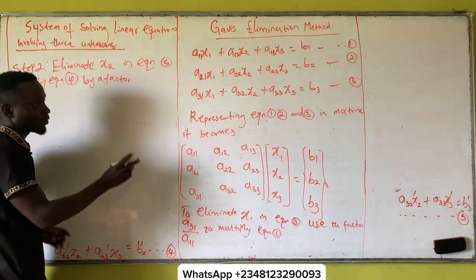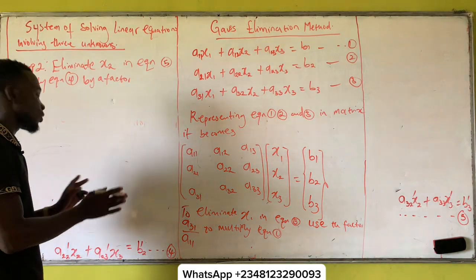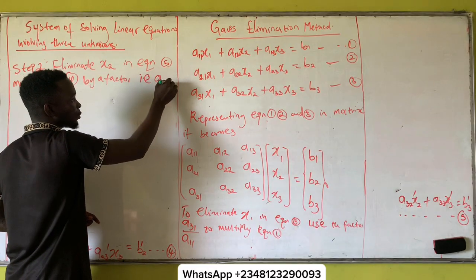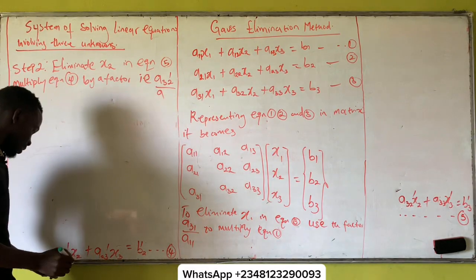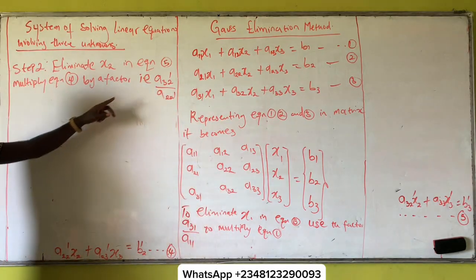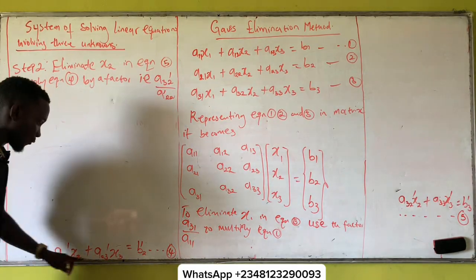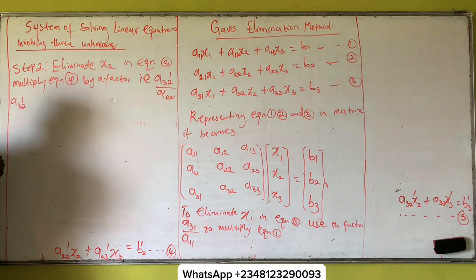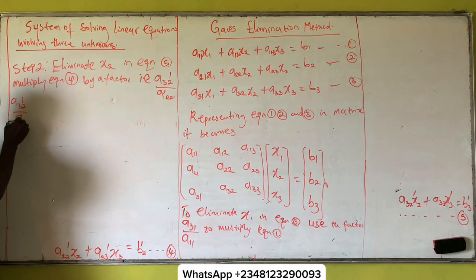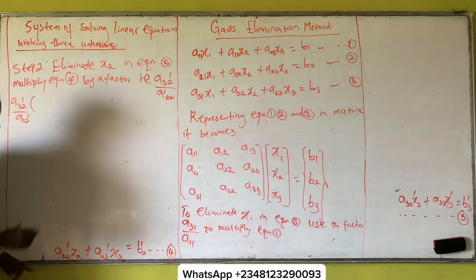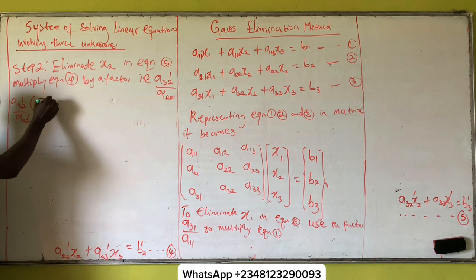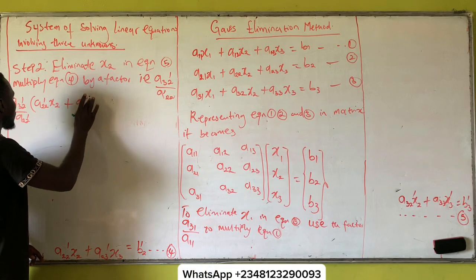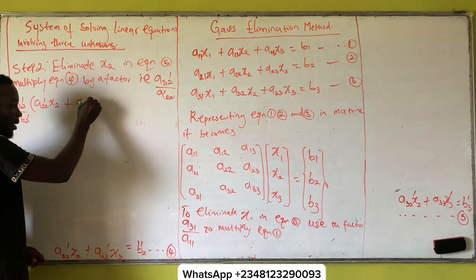Now, what is the factor? So, coefficient of x2 in equation 5 over coefficient of x2 in equation 4. That is, coefficient of x2 is what? A32 prime all over what? A22 prime. Now, let's use this to multiply equation 4. If we use this to multiply equation 4, we are going to have A32 prime all over A22 prime in bracket multiply equation 4, that is A22 prime x2 plus A32 prime all over A22 prime in bracket